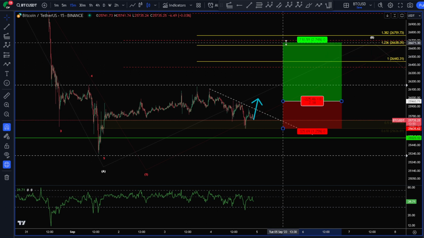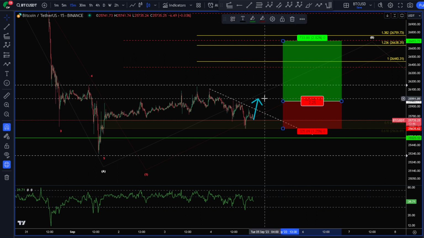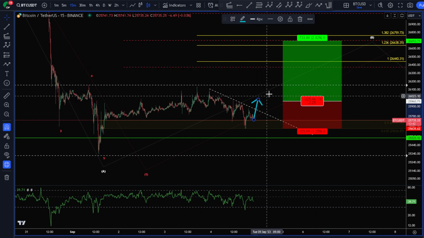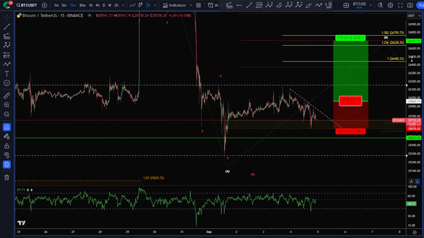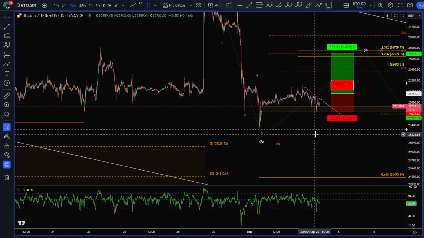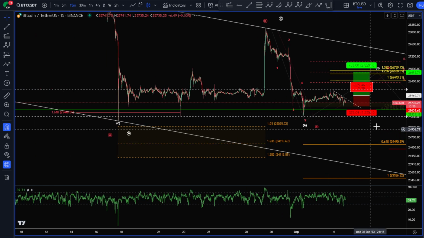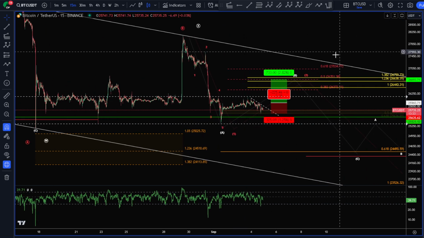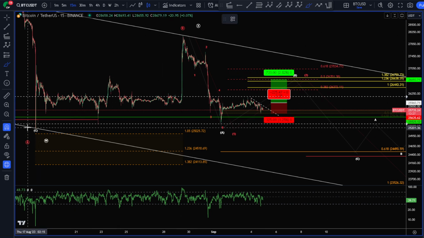Or you can target a little higher. That's the 50 there. Get a little better risk reward on that. So I'd wait for this, enter there. That's how I would play that one. If we don't get that, I would expect the other situation happening where we're going to go higher after. And that would be that this is an A wave.